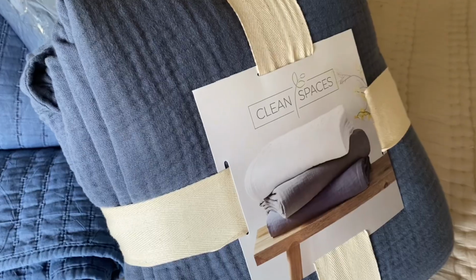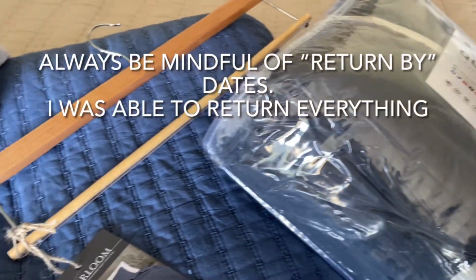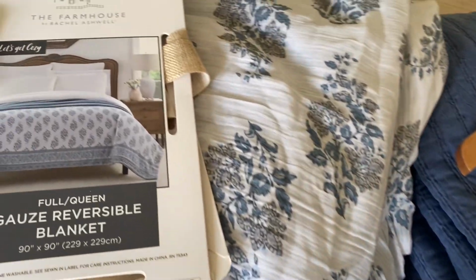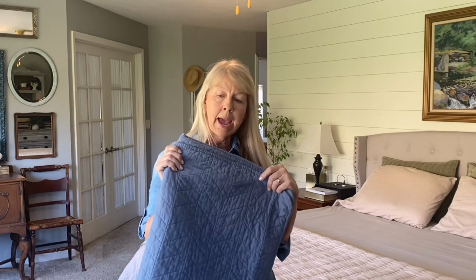So I was looking for something very thin. I bought so many things. I think I bought 6 or 7 comforters, quilts, and coverlets, and none of them seemed to be right. I was really looking for this kind of dusty blue color, and I finally found it. These are the pillow shams that go with this quilt, and I'm going to start by putting that on first,